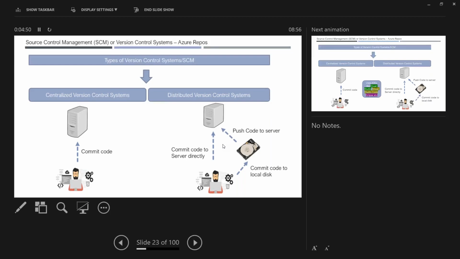So this is two stages. First you commit. These are different terminologies I will explain. Saving is normal terminology; committing or pushing is version control management terminology. So first you commit the code to your local disk, and then you push the code to the remote repository. Remote means server-based. So this is a two-stage activity in a distributed version control system.